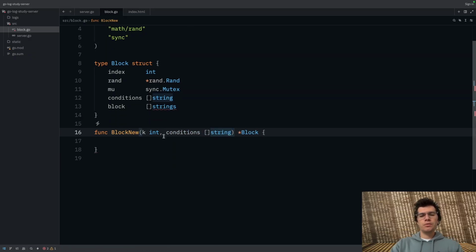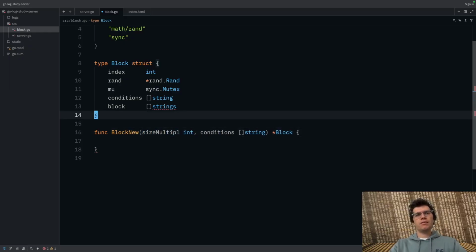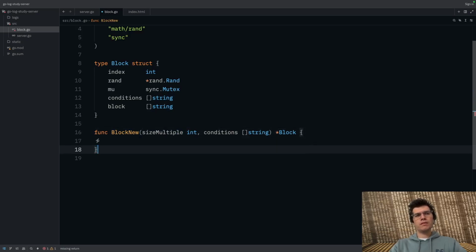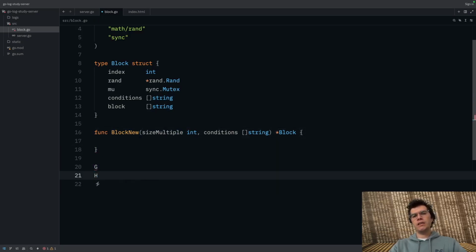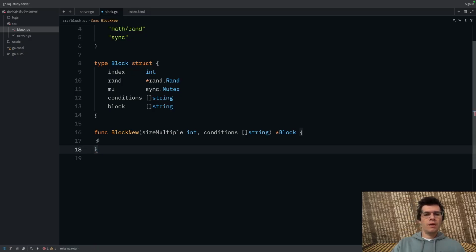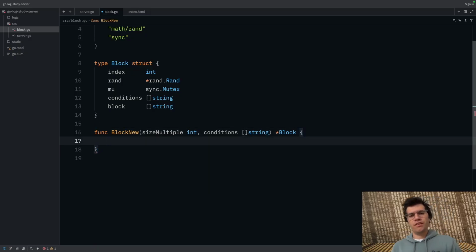Now, I'm not going to use k here, because even though I think it's perfectly fine and understandable, if you don't know what k-block randomization is, you'll have no way to guess it. It's kind of the same thing as using A star before, where there's a common notation of G and H for path cost and the heuristic cost. But if you don't know it, it just makes zero sense to you. So I want to try and make the code a little bit more friendly, even if no one besides me is going to use it, because at some point I may come back to it. I may forget what k-block randomization even is.